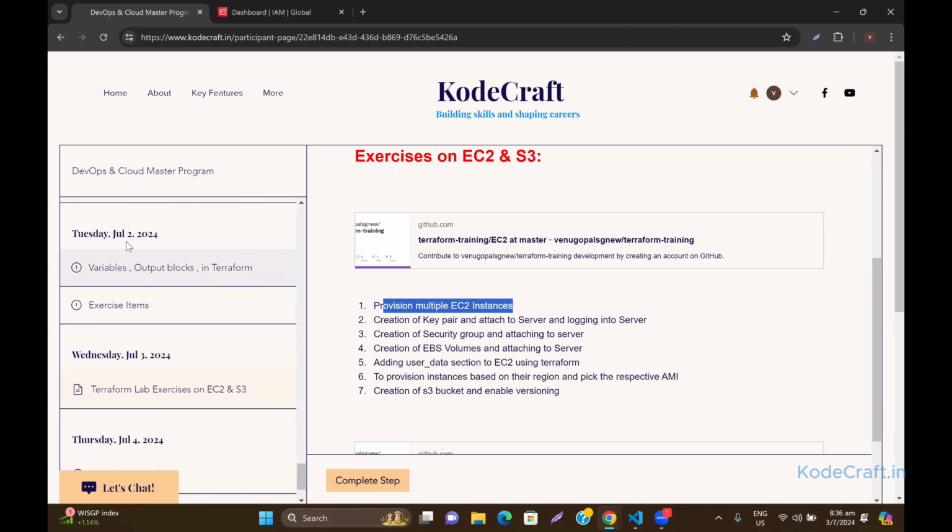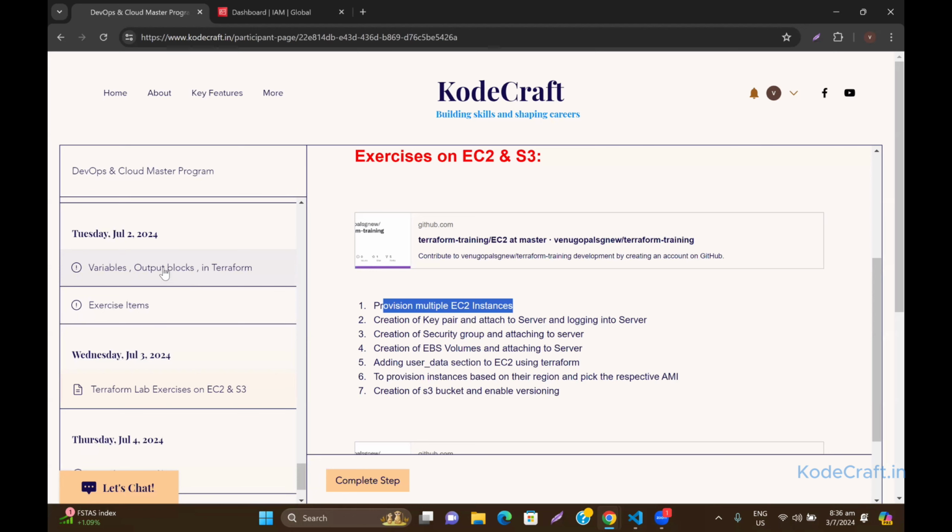Yesterday, if you look at the date here, we covered variables end to end, but we didn't do a few hands-on exercises with respect to variables. We only talked about how to assign string variables and how to call them. But there are different types of variables which I talked about, like list and map, which we didn't do hands-on. So today's session is primarily focused on these hands-on sessions with respect to whatever we learned,